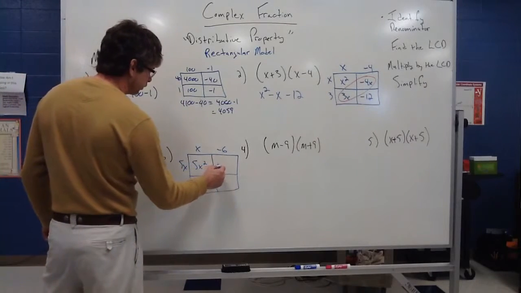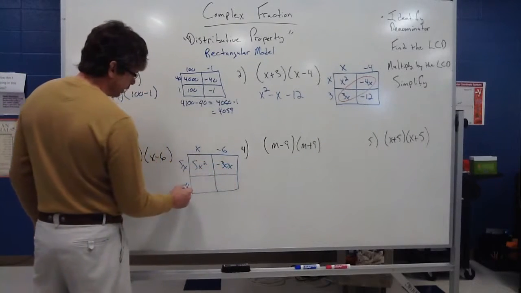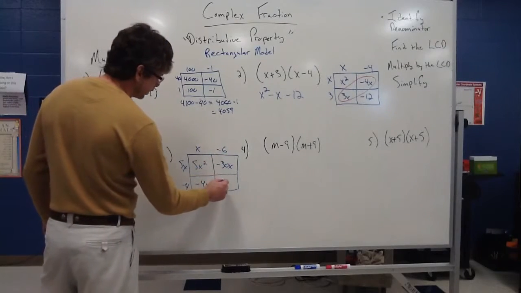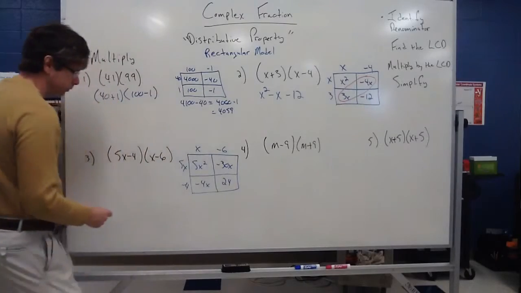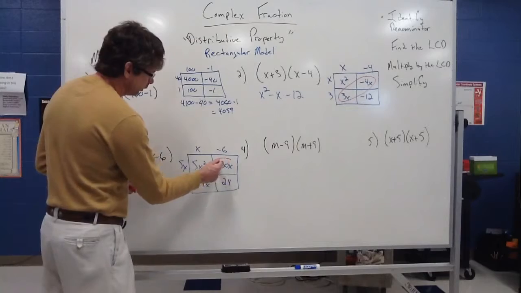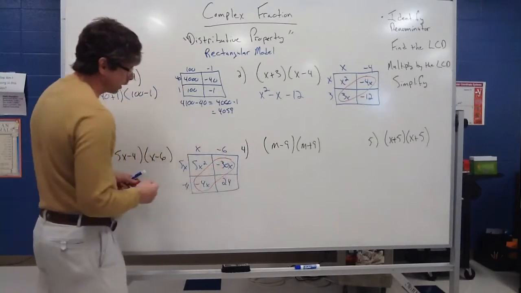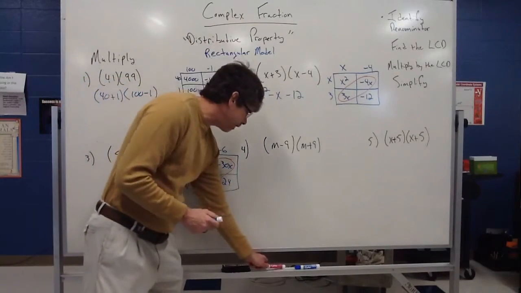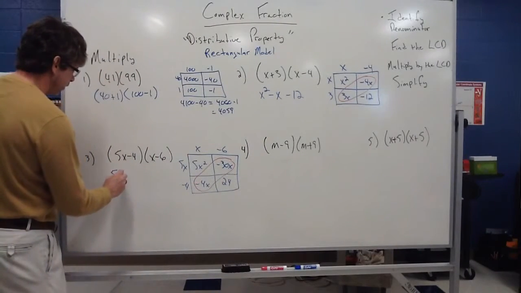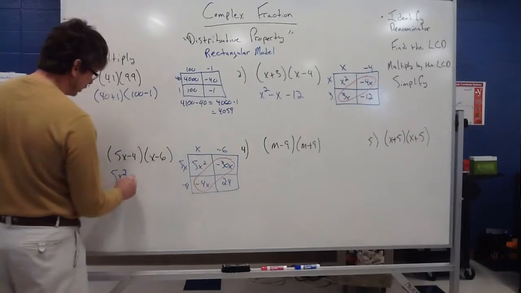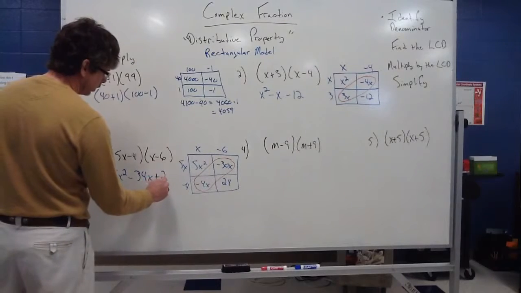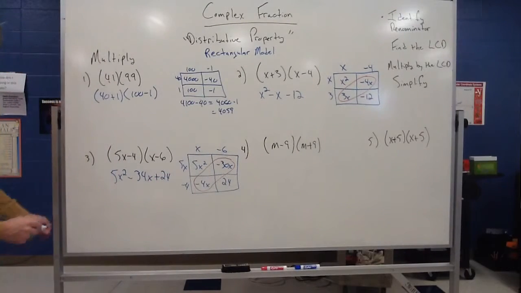5x times negative 6 is going to just give me a negative 30x. Negative 4 times x is negative 4x. And negative 4 times a negative 6 is actually a positive 24. And like many of these, you'll see that this little diagonal a lot of times will be your like terms. So your final answer then becomes that 5x squared comes into the problem. This becomes your next term. That's going to be a negative 34x, or minus 34x. And then we have a 24, and a 24 would go there on the end. So we have a 5x squared